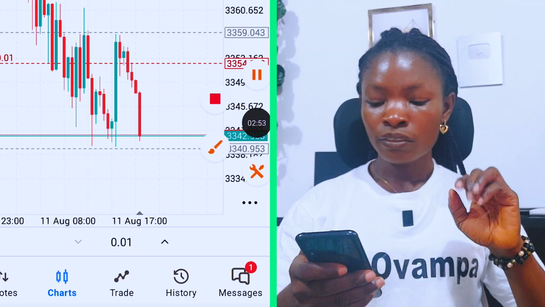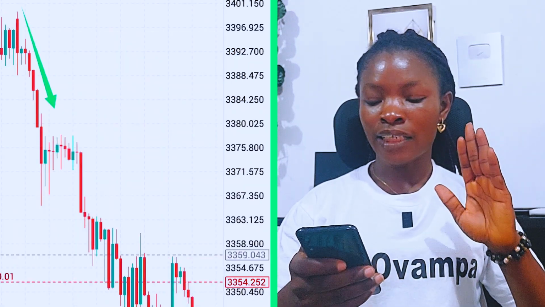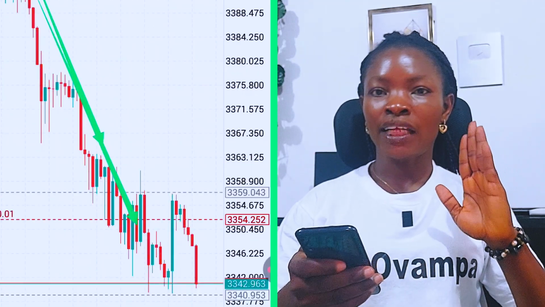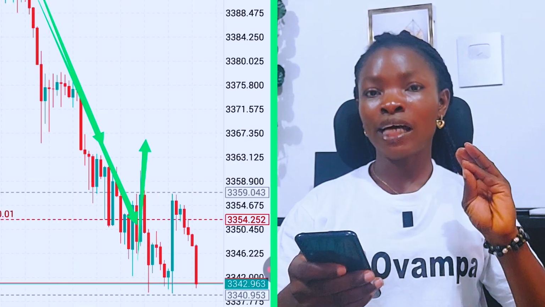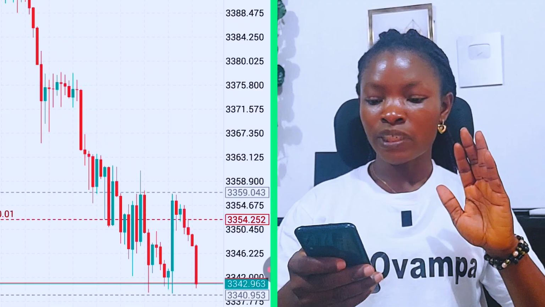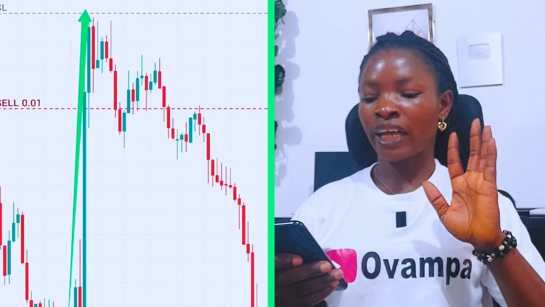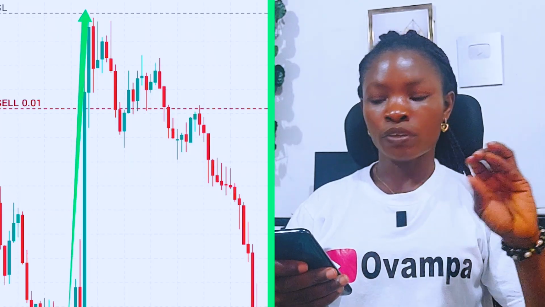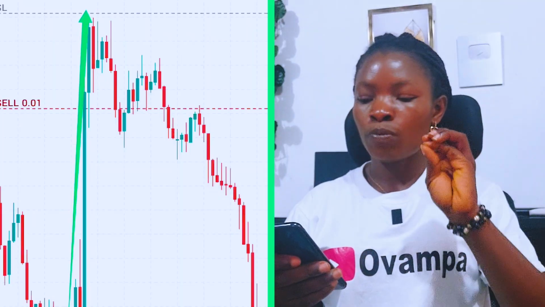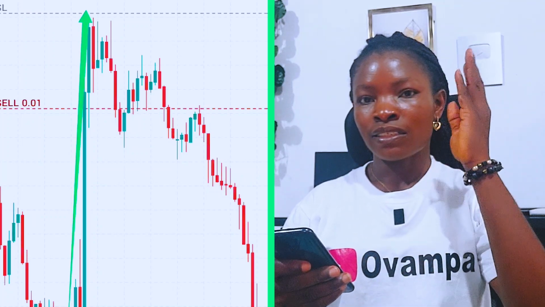Now, to place a perfect entry on sell, we see that the market has been on a downtrend. We look for a point where there was an uptrend and at a time that uptrend was broken on the lower time frame. On the 5 minutes time frame, for instance, we can see here this bullish engulfing candle broke all the structures of the sellers. This means that people were selling, and at a point, buyers stormed into the market and grabbed a lot of liquidity, and then sellers then took